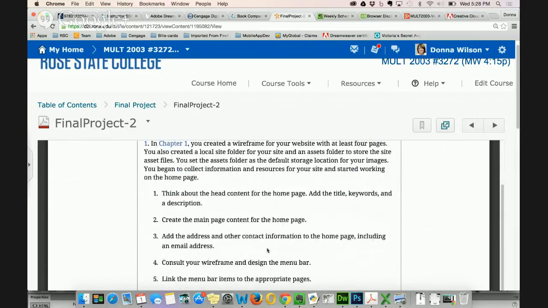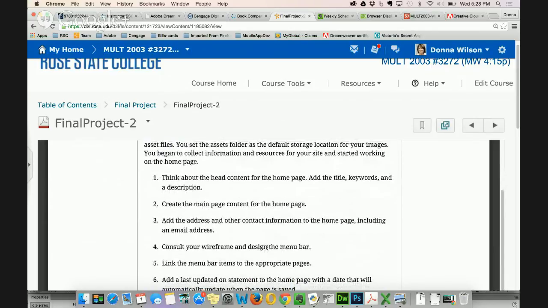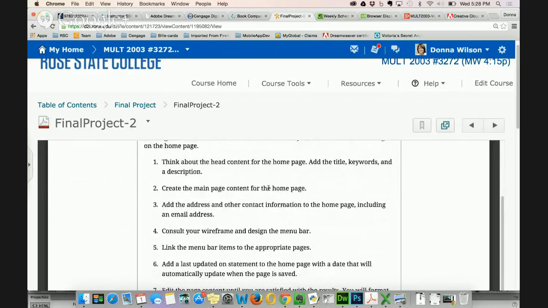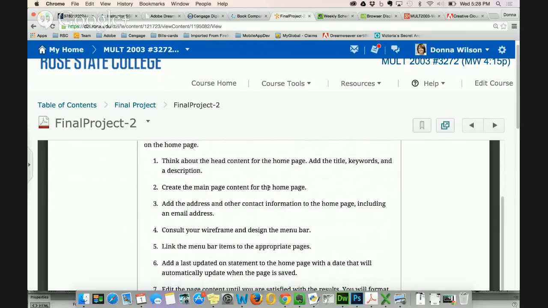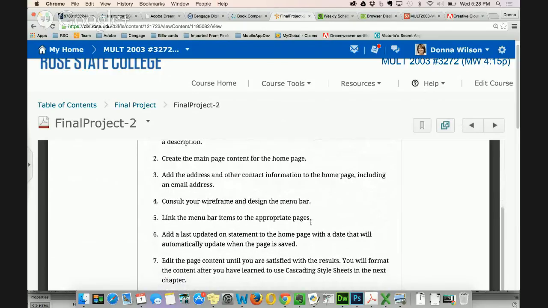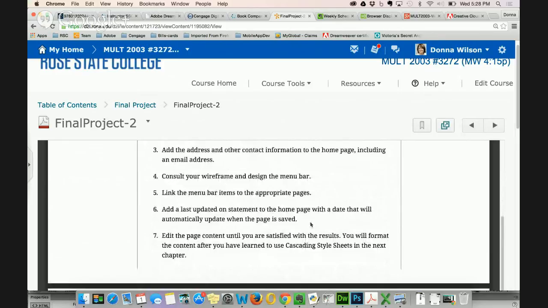Now you're going to think about the head content for the home page, add the title, keywords, and a description, create the main page content for the home page, add the address and other contact information to the home page, including an email address. Consult your wireframe and design your menu bar. Link the menu bar items to the appropriate pages and add a